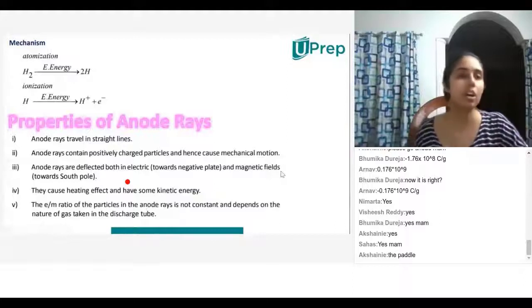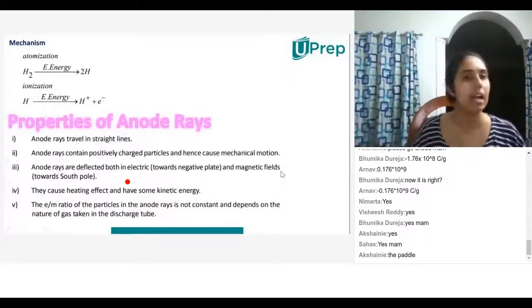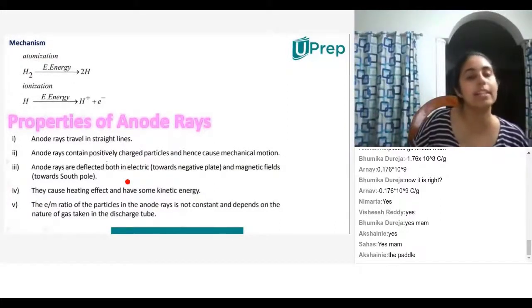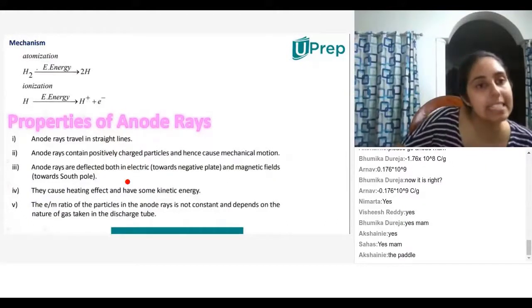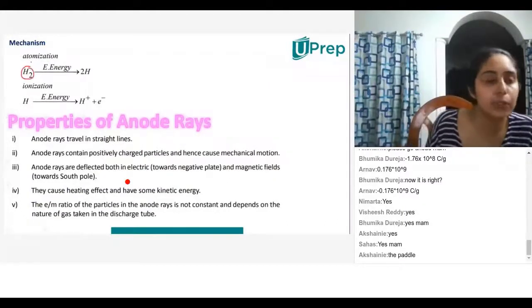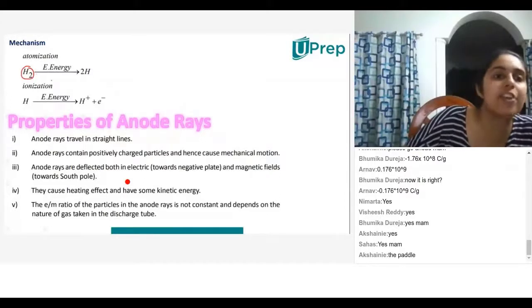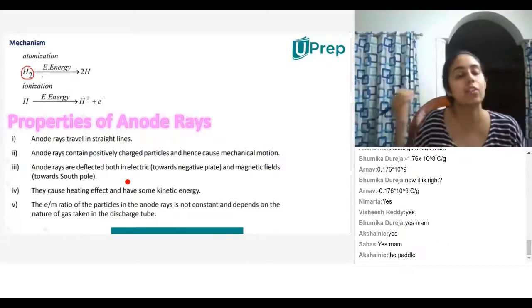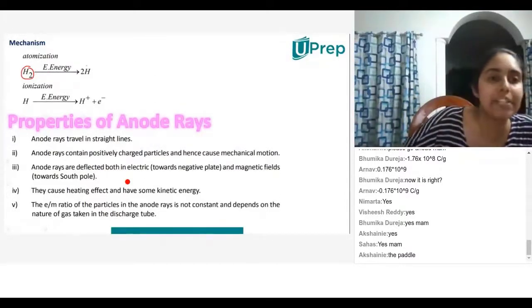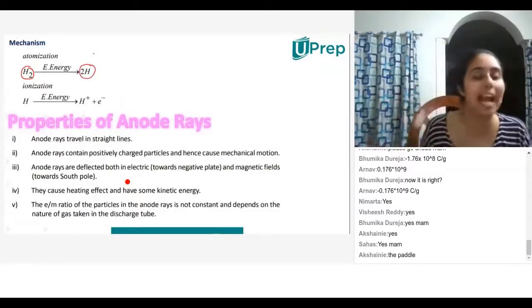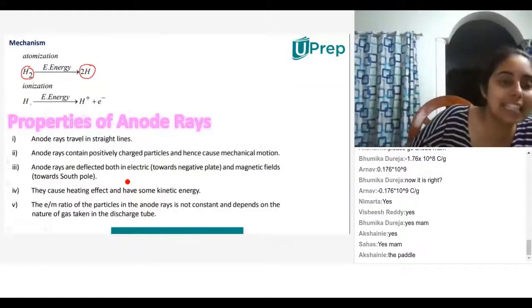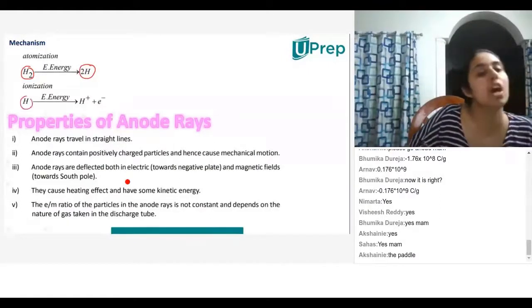So now let's talk about atomization and ionization. This is a hydrogen molecule, and when I give it energy, or electron energy, then what happens? The hydrogen molecule splits into two separate hydrogen atoms. Now then, these hydrogen atoms, when they